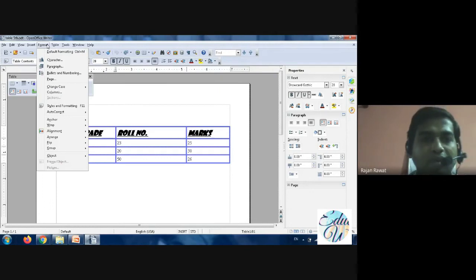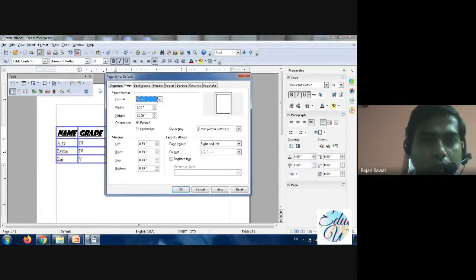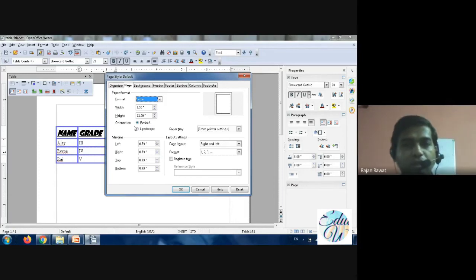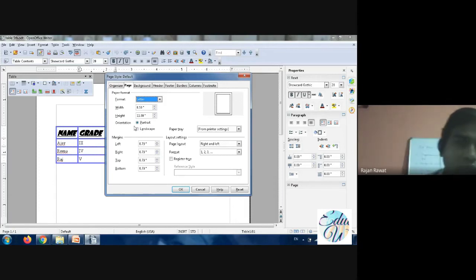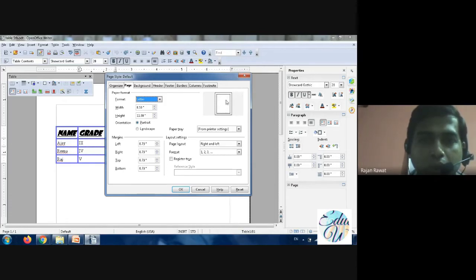Okay, student, first of all, you have to go to the Format tab and then select Page. As you select the page, you will get this kind of dialog box on your screen, and then you have two options, that is called orientation of the page. Orientation means the visibility of the page, or when you take out some printout of the page, how it will be. So like portrait, we can see the preview of the page, how it looks.